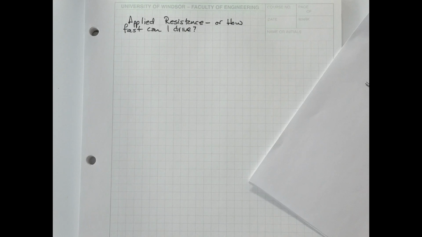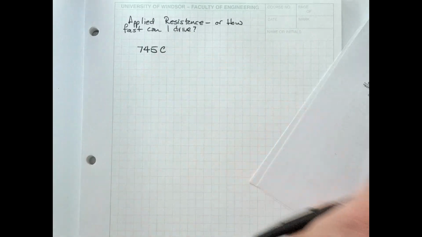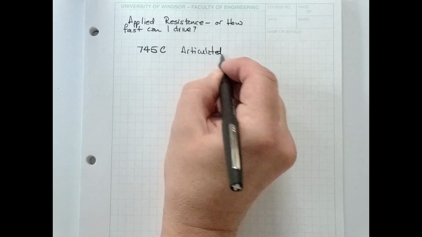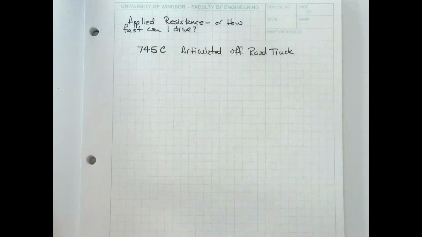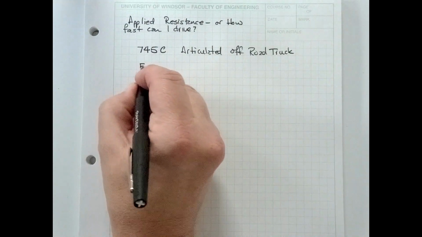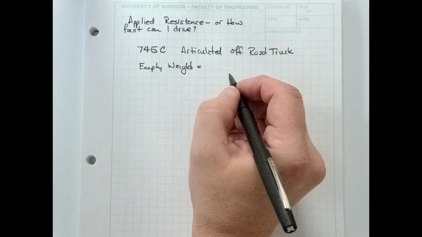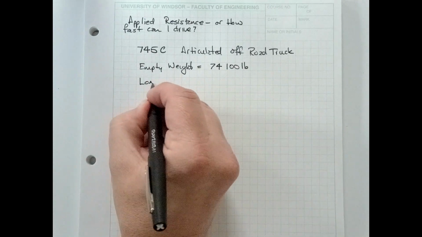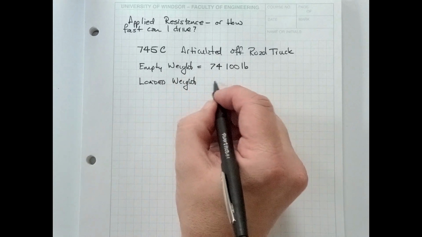We are going to use a 745 C articulated off-road truck. And we know that that vehicle has an empty weight that is equal to 74,100 pounds, and it has a loaded weight at its maximum capacity of